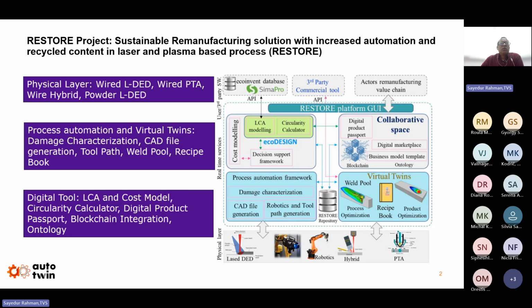At the top is the collaboration space, where we will use a digital product passport framework, a digital marketplace for services and knowledge exchange, business model templates, blockchain for security, and an ontology framework for interoperable data sharing. Everything is tied together with a single graphical user interface, GUI, that connects to third-party tools, databases, and actors of the value chain.